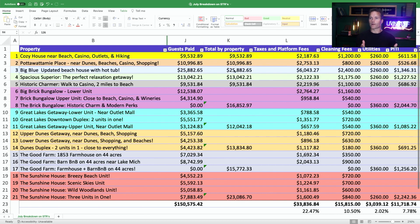So the question probably comes up, like, why wouldn't you buy more like the big blue property here, that single family home? The difference is in the off season. So this single family home kills it in the summertime because it's closer to the beach and it's a larger home, hosts large groups. But in the wintertime, large groups don't typically travel to Indiana. It's a lot of small groups. And so we have to drop that price way down to a fraction of what it is in the summertime